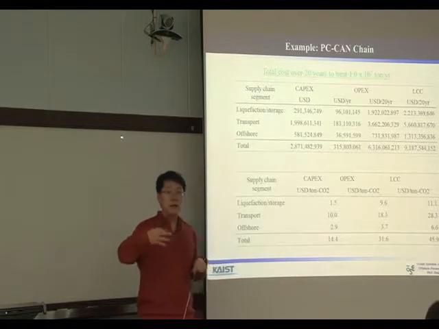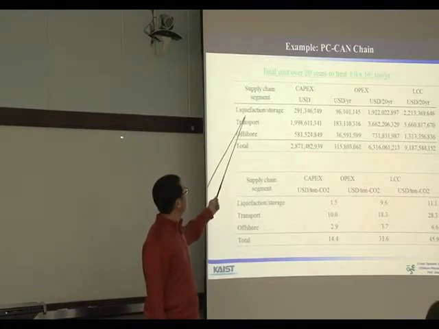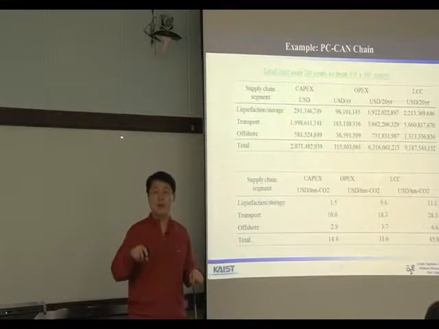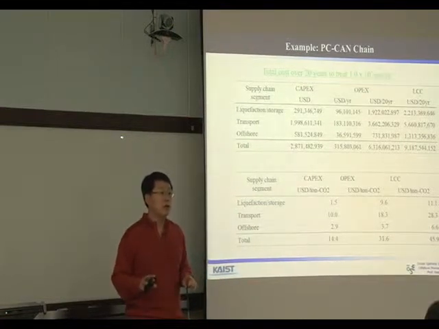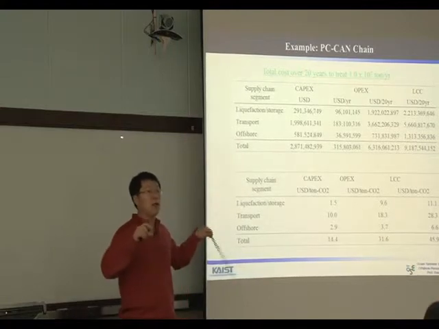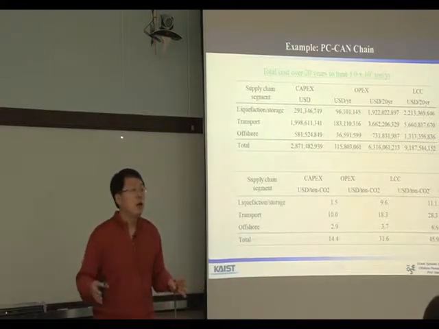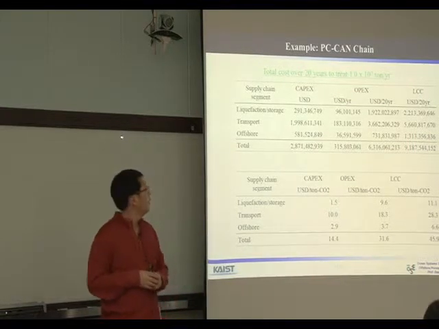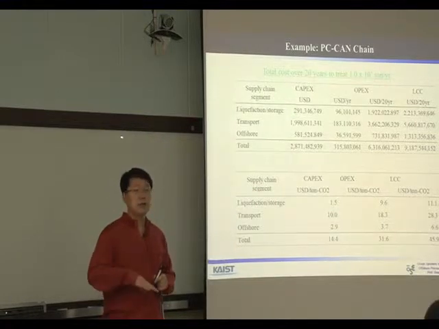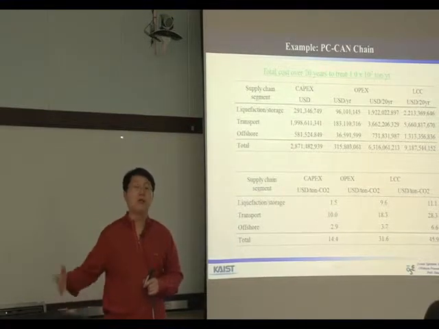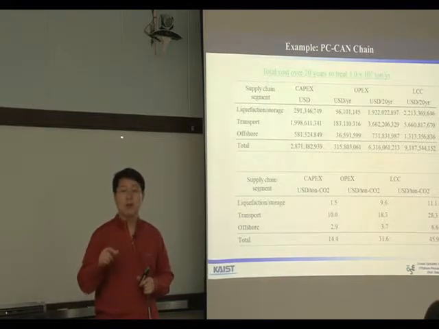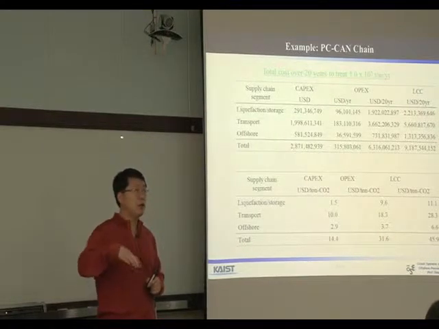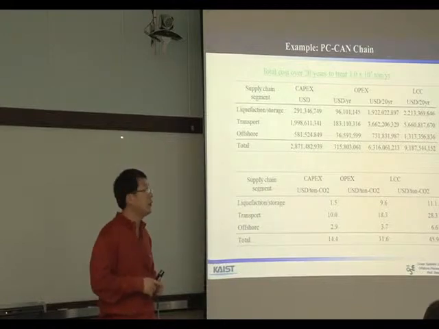They divided the whole supply chain into three: liquefaction and storage, transport, and offshore injection facilities. So three teams designed the facility. Each supply chain segment, the liquefaction process, consists of compressors and some separators, and the transport included the CO2 carrier and the pressure vessels to store the liquefied CO2. And the offshore injection facility is a kind of subsea storage and injection facility.